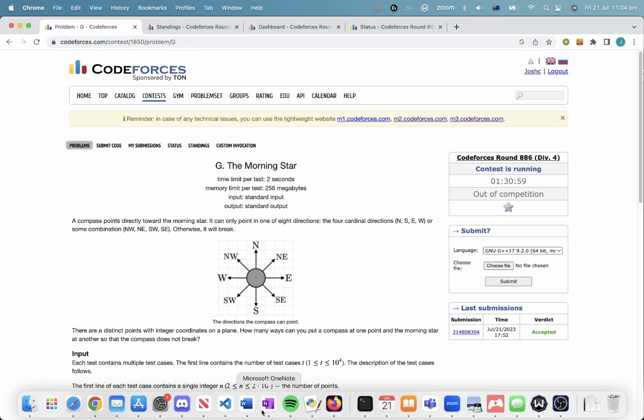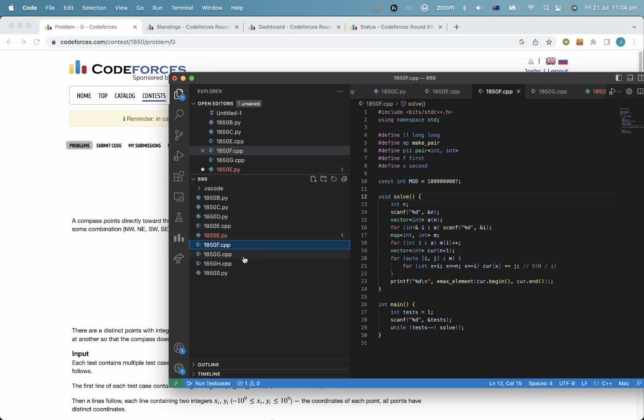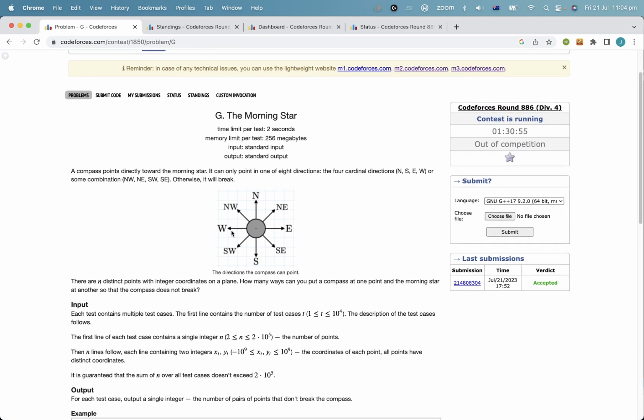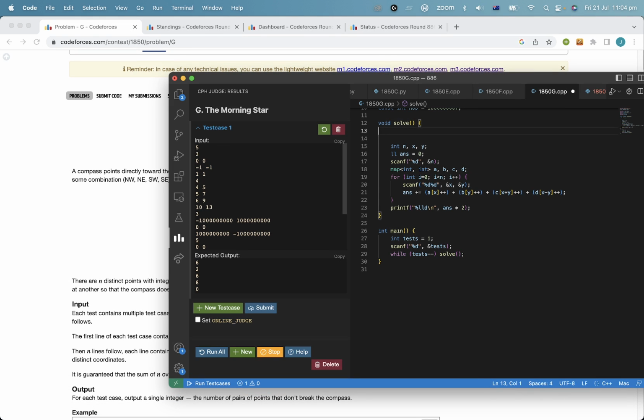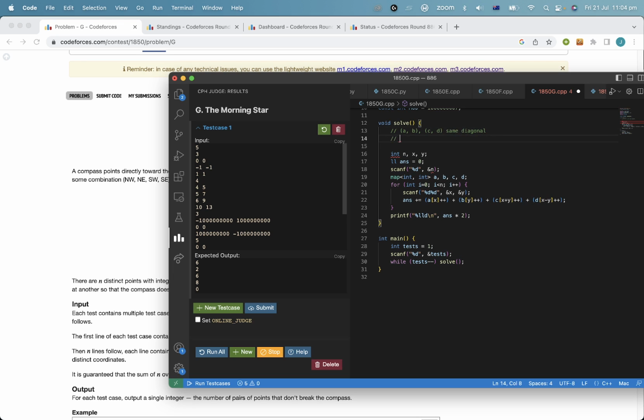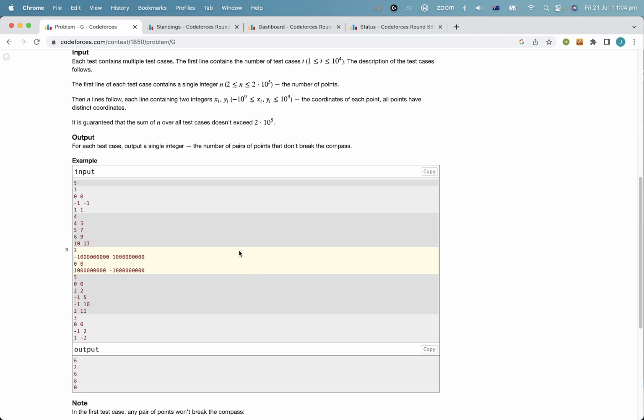Problem G. Okay, problem G just uses a trick that 2 coordinates are on the same diagonal if and only if the sum, like 2 points (A, B) and (C, D) are on the same diagonal, if and only if A plus B equals C plus D. And yeah, so that's, if you imagine,